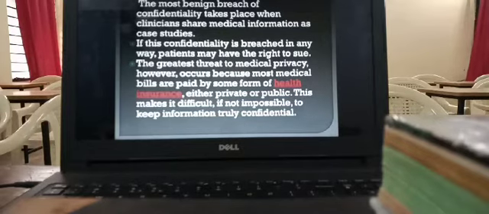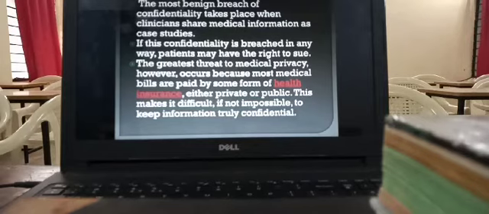So here comes the term breach of confidentiality. A breach of confidentiality occurs when data or information provided in confidence between a patient and physician is disclosed by the physician to a third party without the patient's consent. So we can clearly understand that without patient consent, that is permission or agreement, we cannot disclose their information to anybody, not even to our own friends.